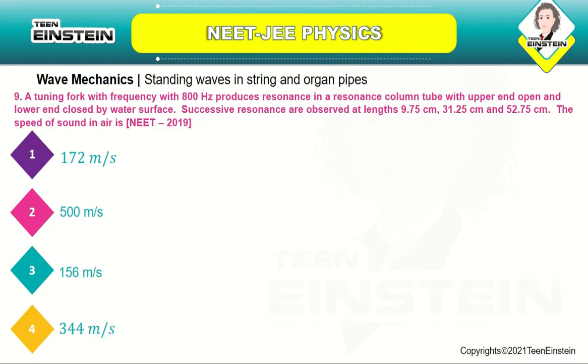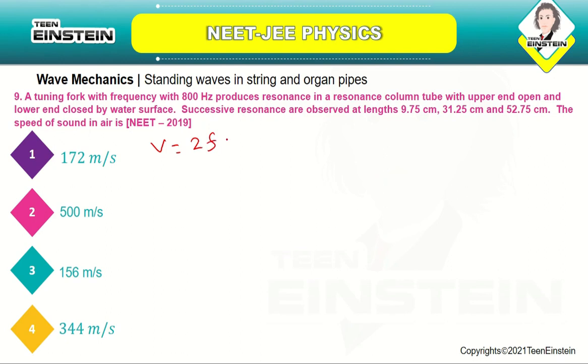A tuning fork with frequency 800 hertz produces resonance in a resonance column tube with the upper end open and the lower end closed by the water surface. Successive resonances are observed at lengths 9.75 centimeter, 31.25 centimeter, 52.75 centimeter. The speed of sound in air is, so you know the speed of sound is given by